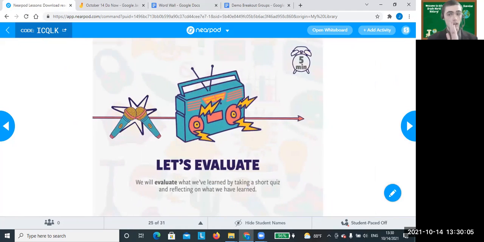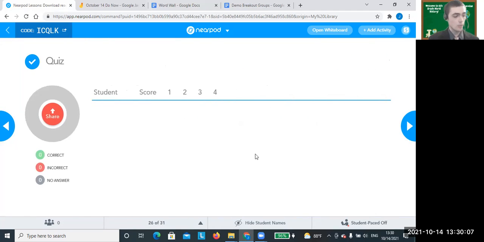Now for the exit ticket, there's a couple questions asked on the flat points, multiple choice. It asks them about latitude and longitude, and it's data I get right away that I can use towards my instruction, right? So there we have the word wall, support groups. I can see their screens. I can bring them into individual breakout groups. And I can definitely work for extra time by giving them this Nearpod link so they can work on it if they need to. We're running out of time here, so